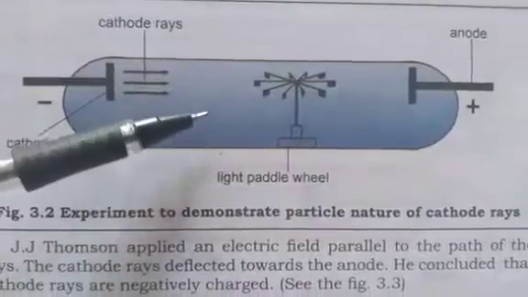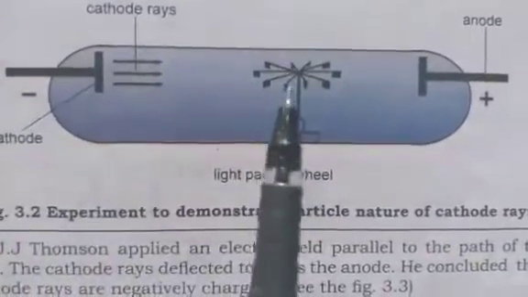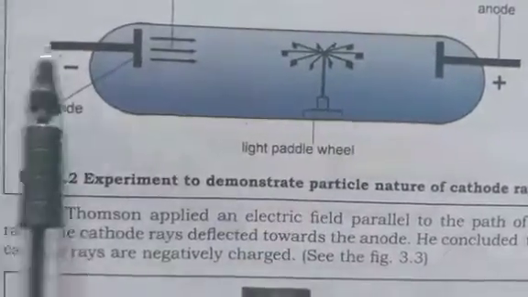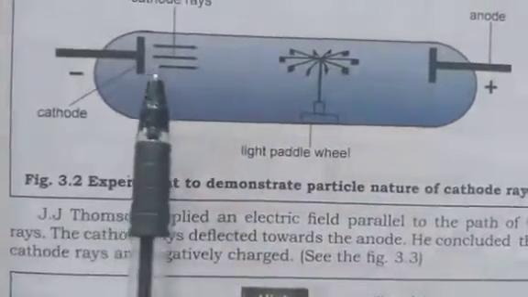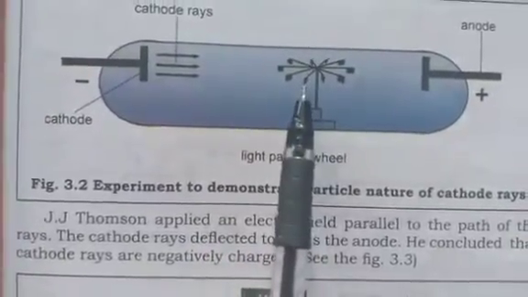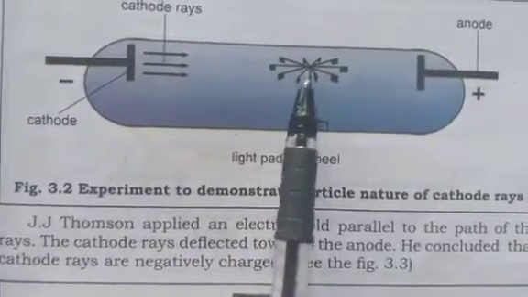In this experiment, J.J. Thomson placed a light paddle wheel in the path of the cathode rays. So inside, in the center of this discharge tube, he has placed a light